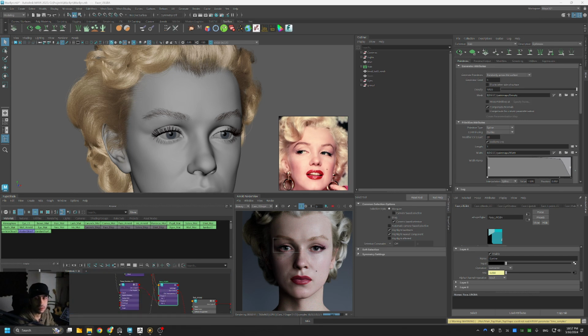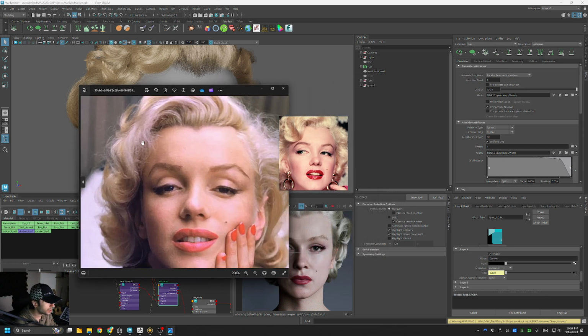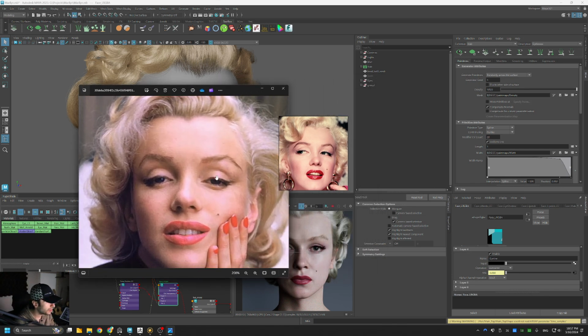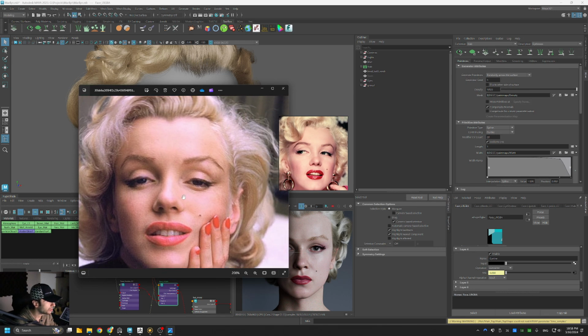Let me take a look at some photos. For example, here, I think the eyeline is a bit more prominent compared to